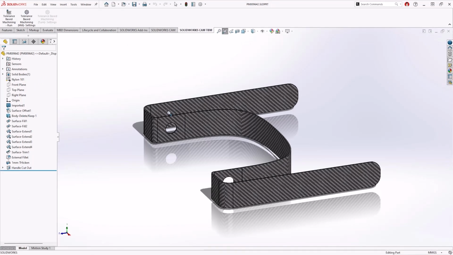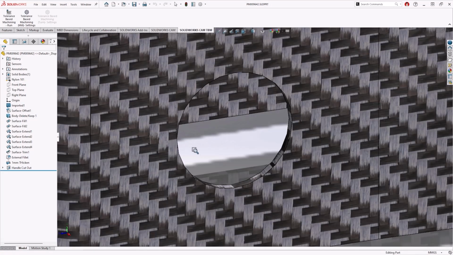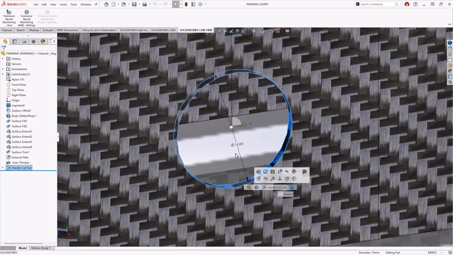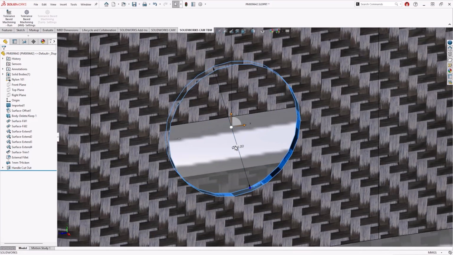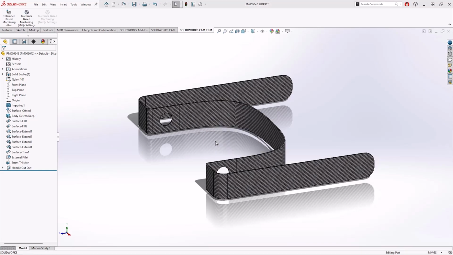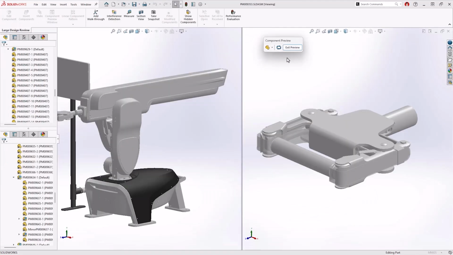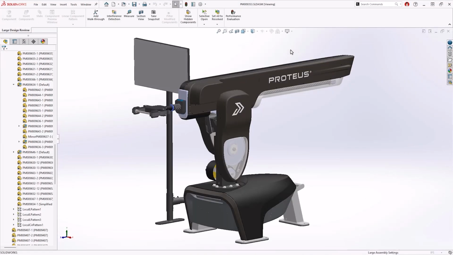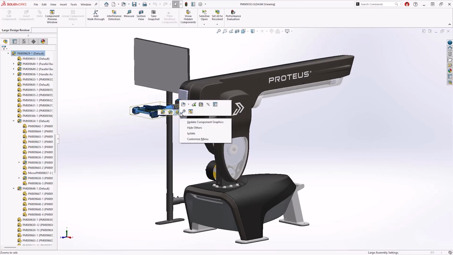This allows for a quick modification to the correct hole dimension from a 14mm diameter to the appropriate 16mm needed for proper clearance of the handle shaft. Working between LDR and fully resolved mode is easy. Using breadcrumbs to select the handle subassembly, it can be opened directly as a fully resolved model with just a few clicks.